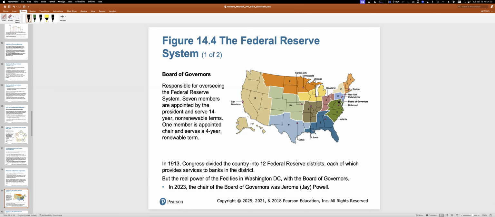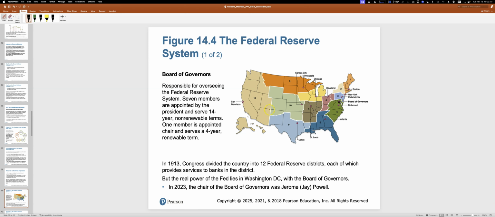Here's the map. This was created in 1913. You can kind of see where activity was happening in the economy. The West Coast, we're here in our Hunger Games style. We're here in District 12, which covers the West Coast, Alaska, and also the territories in the Pacific. I worked here in District 7 out of Chicago, but you can see, like, does Cleveland really need its own branch? I mean, at the time it did because there was a lot going on, but some people would suggest it doesn't need that anymore.